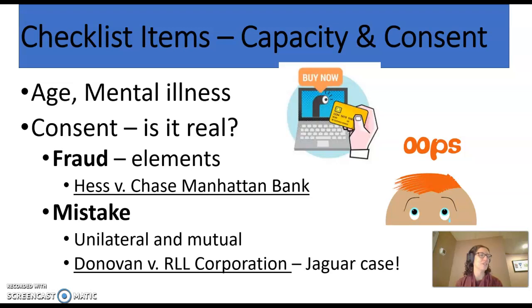So to answer the question that I left off with at the end of the last PowerPoint, if a person feels that they have been defrauded in a contract, then he can prove and set aside the contract by proving that, number one, the other party made what's called a material misrepresentation about a fact, and that the other party relied on that material misrepresentation to their detriment. So what does that mean?